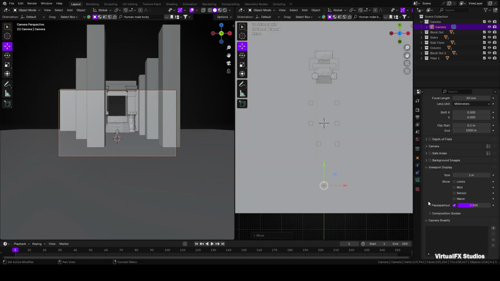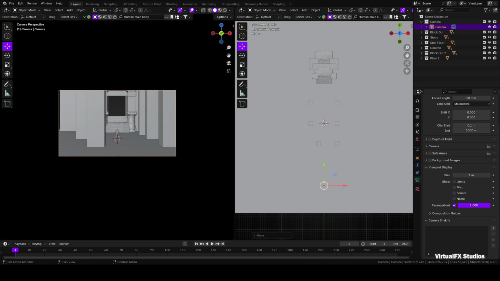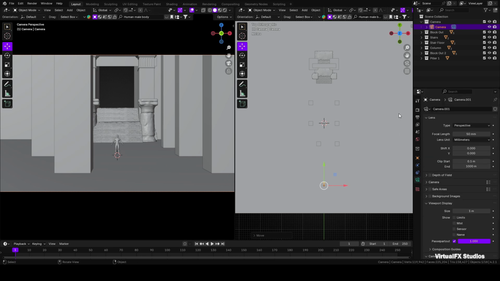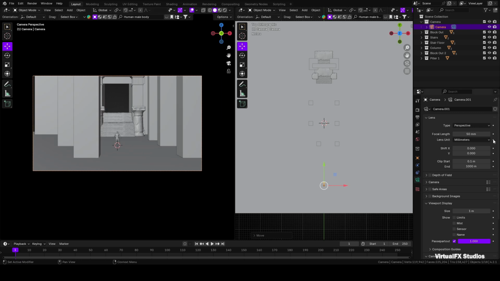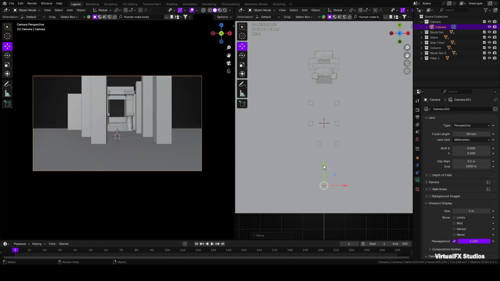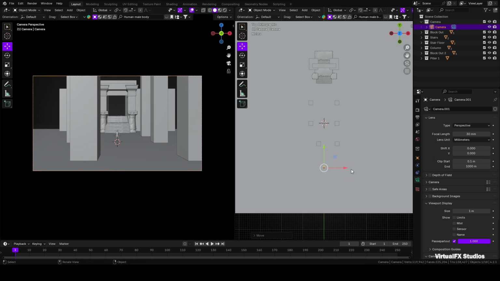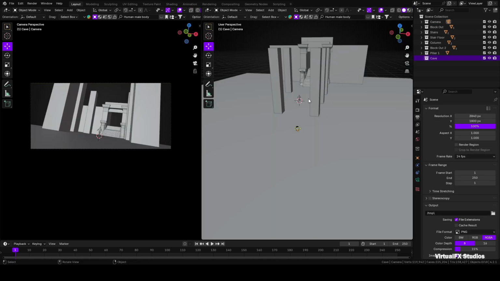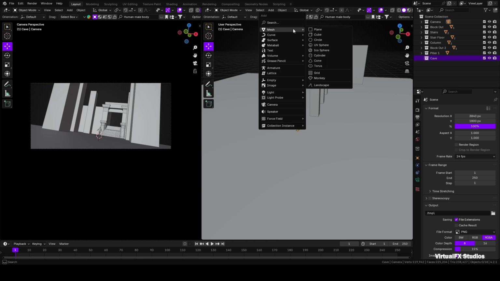Then go to the camera properties where you will find an option for pass part out. Set its value to 1. This will hide any unnecessary area in the camera view tab, so only what's inside the camera frame will be visible. As you can see, this will help you see the scene clearly and keep your focus on the camera framing, making it easier to fill the scene. You can set the camera's focal length according to your preferences and apply a slight tilt rotation as I have shown, which will give a more cinematic look.